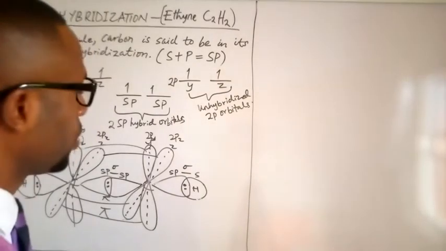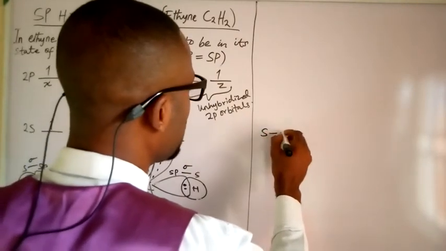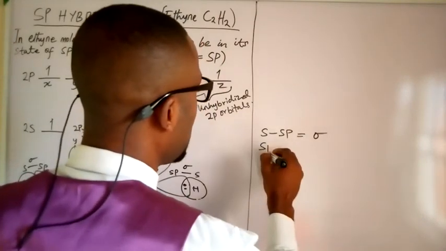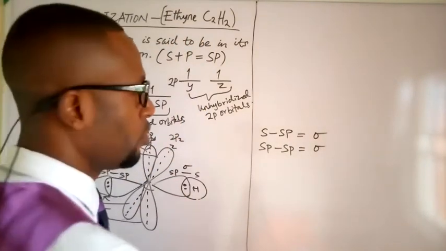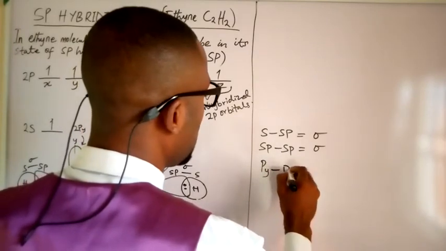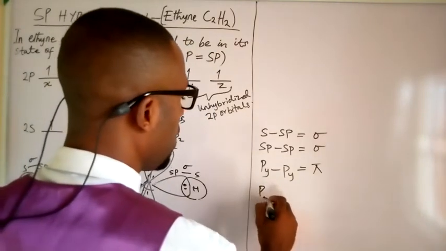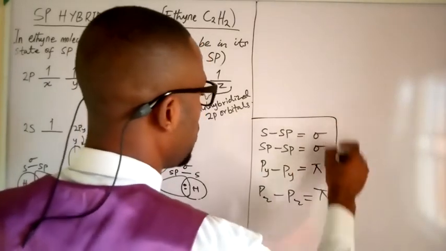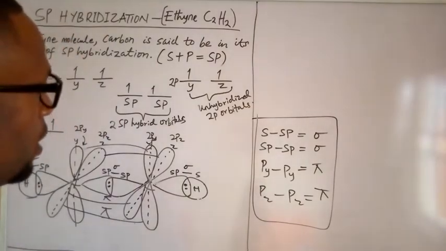a weaker bond. So it is important I state again that when you have an s to sp overlapping, you are going to make a sigma bond. When you have any kind of sp to any kind of sp, you are only going to make a sigma bond, which is a strong type of covalent bond. When you have a p orbital overlapping with a p orbital, like in this case, you have a pi bond, or when you have pz overlapping with pz, again in this case you are going to have a pi bond. The pi bonds are weaker kinds of covalent bonds, while the sigma bonds are stronger kinds of covalent bond.